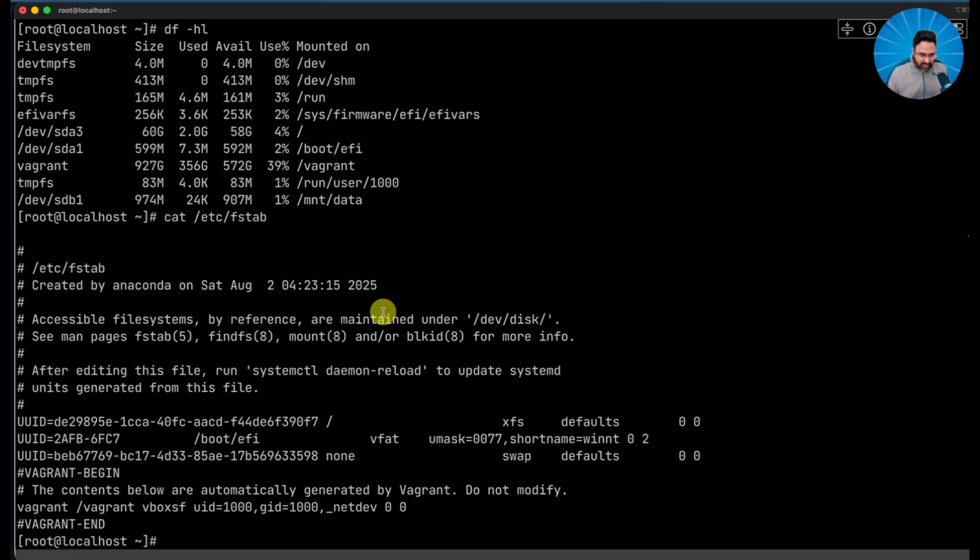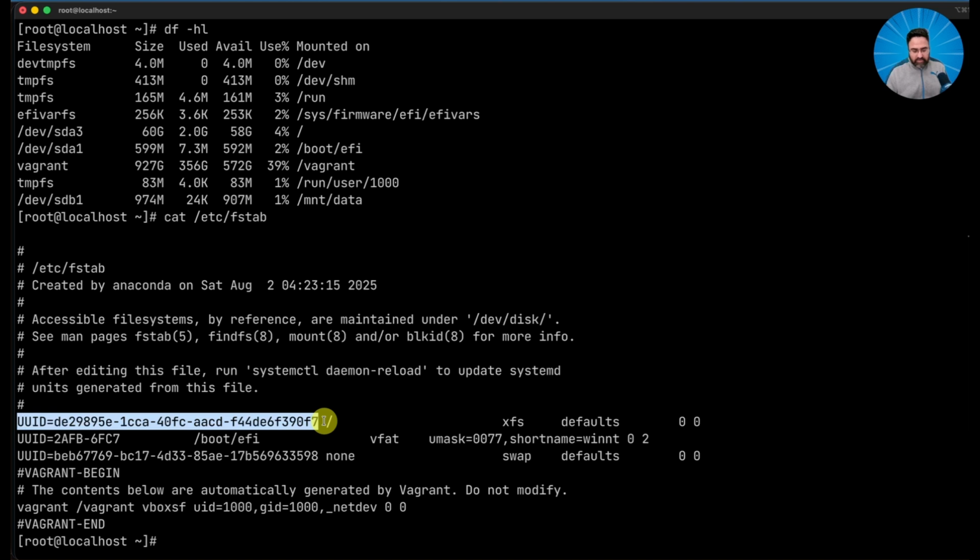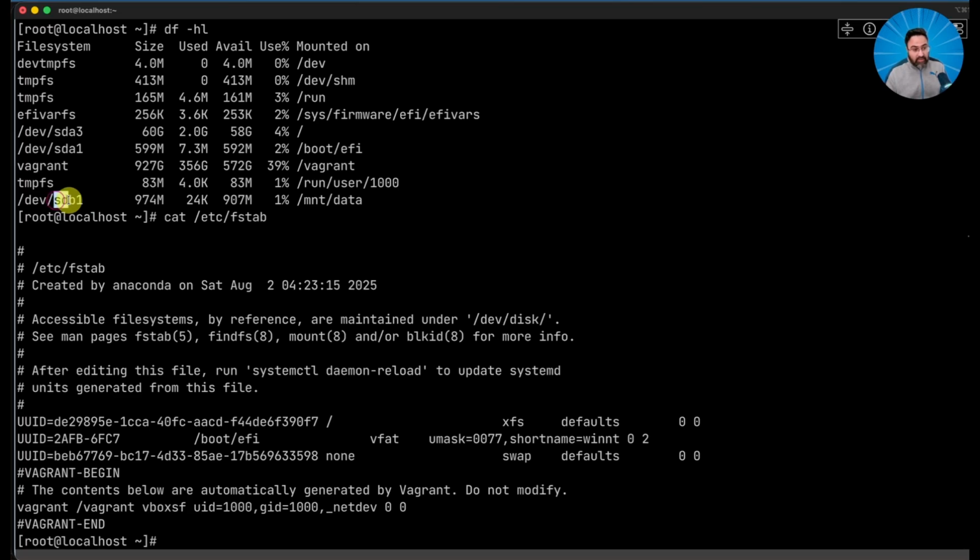Some of them, like accessing file system, don't have that, but generally it does. But the idea is this is what needs to be mounted. You could mount it either using UUIDs, or you could mount /dev/sdb1. Why not use sdb1? Why use UUID? Because these names do change when you reboot. It depends on